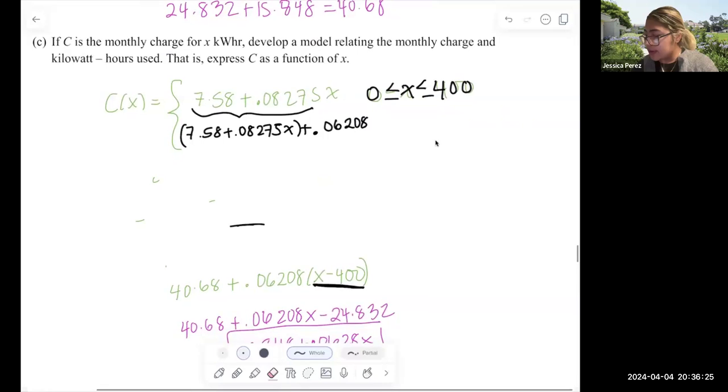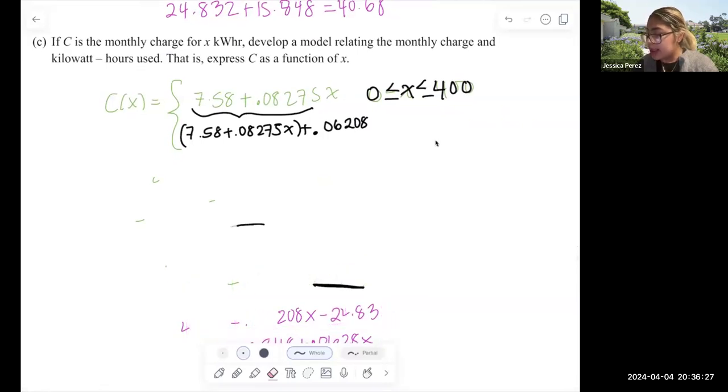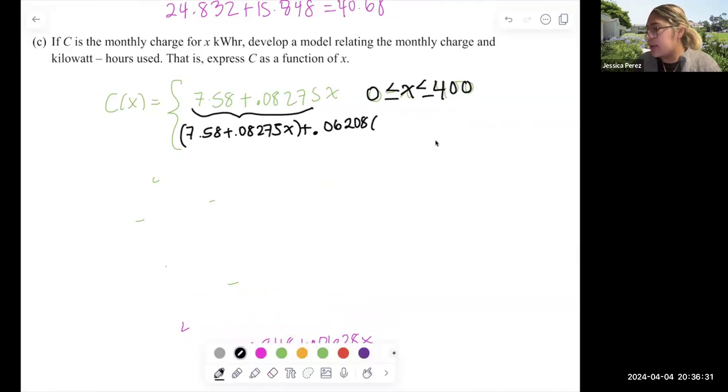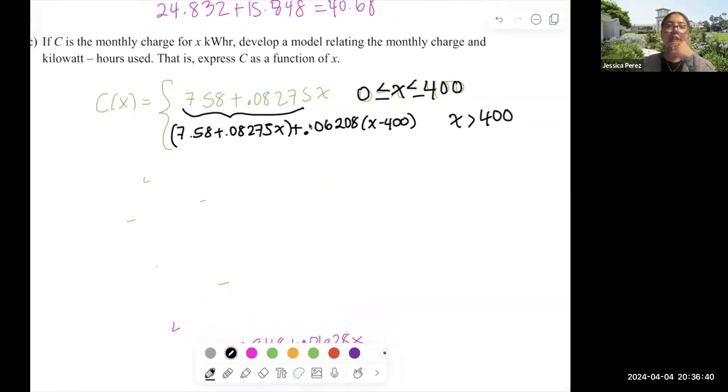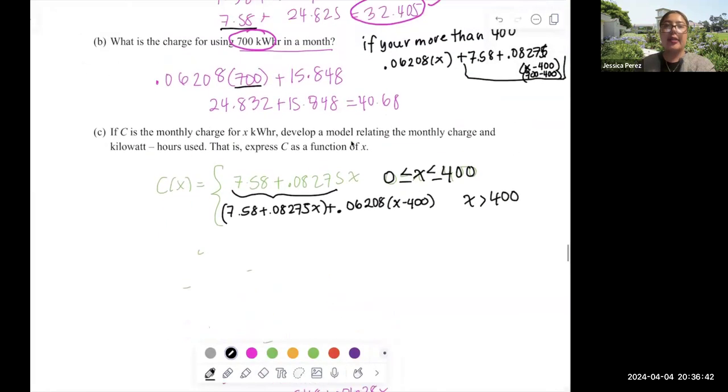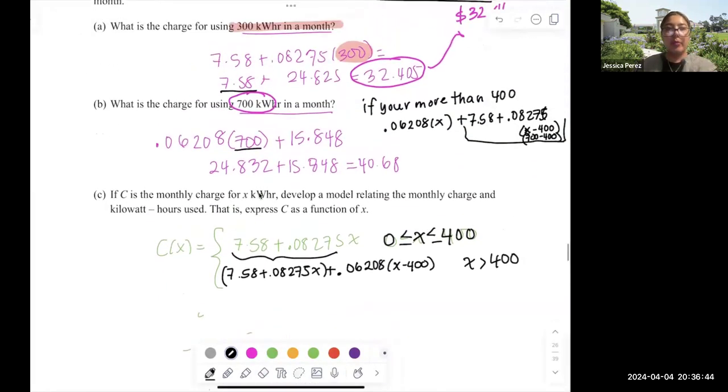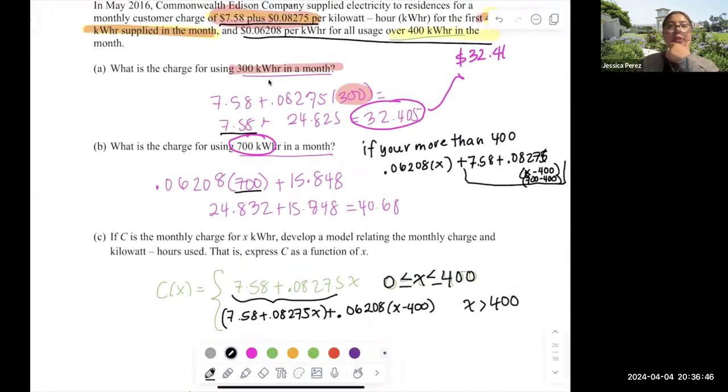So you're going to use what you had on the initial plus whatever you go over. Okay. So that's why we have X minus 400 on this side, or X greater than 400. This piecewise function is represented in this problem. So based on the question, so it's saying